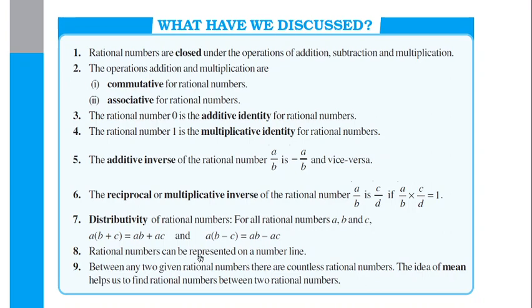Next, rational numbers can be represented on the number line, which we know. And the last point: between any two given rational numbers, there are countless rational numbers. It means there are an infinite number of rational numbers between two rational numbers. The idea of mean helps us to find a rational number between two rational numbers. So this is again a practical concept. This is the basic introduction about the chapter. In the next video lecture, we will be solving the